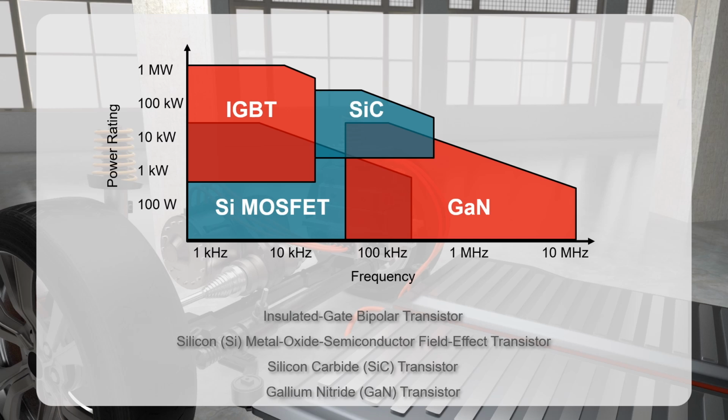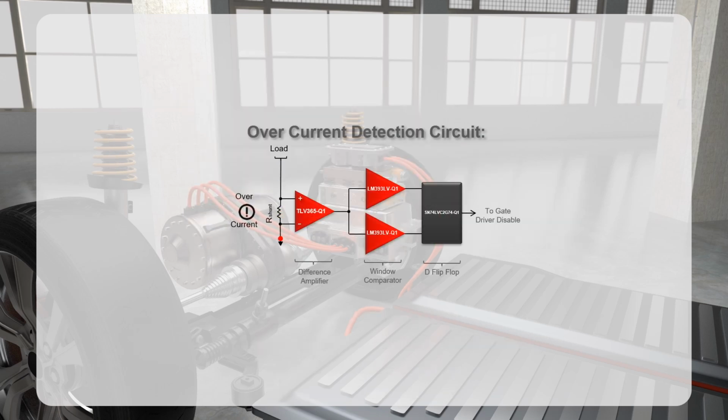Silicon carbide can support switching frequencies of up to 650 kHz, and gallium nitride is more than 10 times as fast. Because these switches are so much faster, there's a need to monitor current and react to overcurrent conditions much quicker in modern electric vehicles. One common method to monitor current is to use a shunt resistor and measure the voltage drop across it to calculate the current flow.